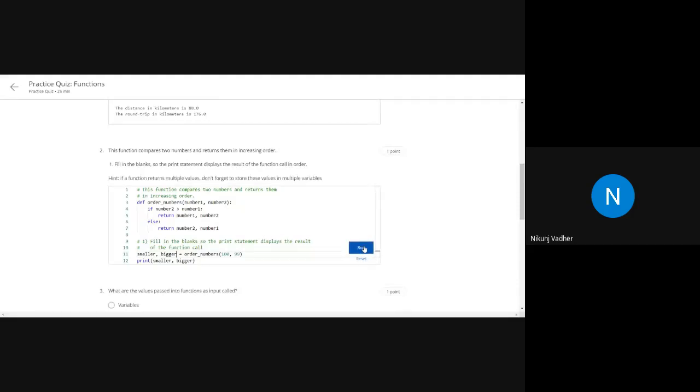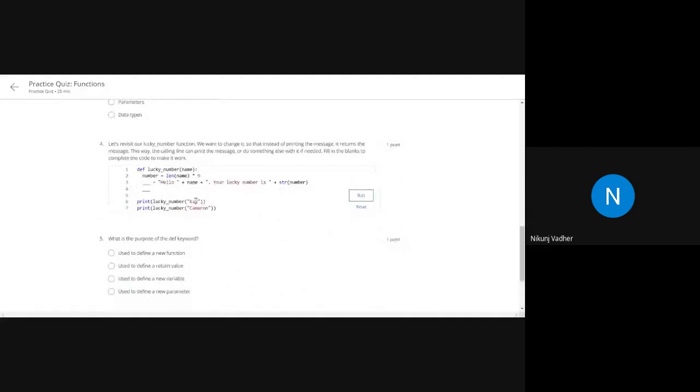So that's it. What are the values passed into the function as input called? So here what will be the answer? That is one point mark.